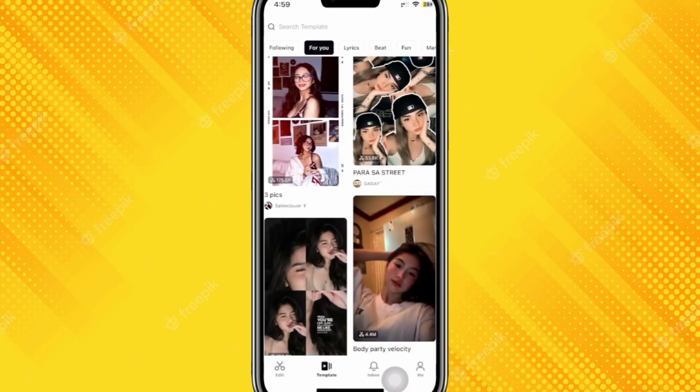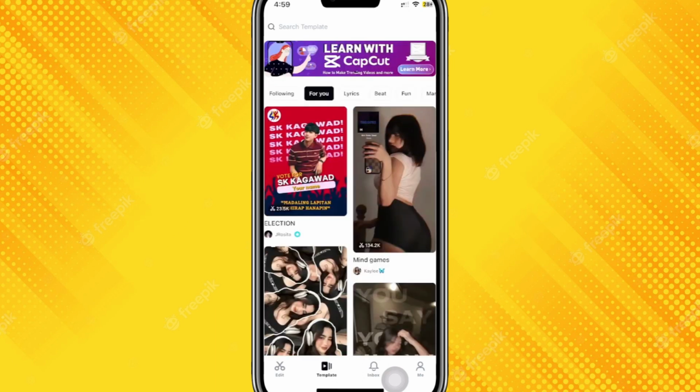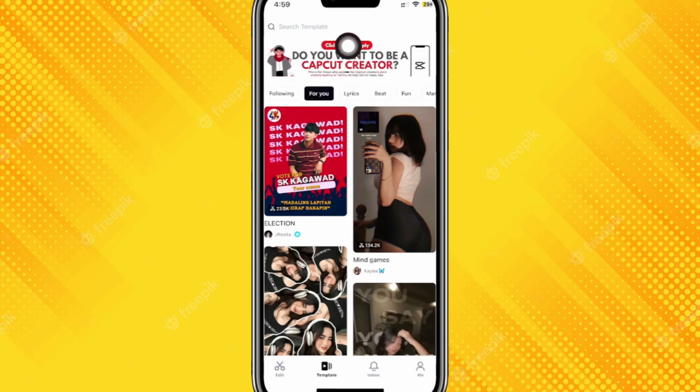So to create a template, when you open this application, you will see here in the banner, there is an option asking if you want to be a CapCut creator. So you have to apply for this creator program, then CapCut will give you the access to become a CapCut creator. So all you have to do is click on this link,